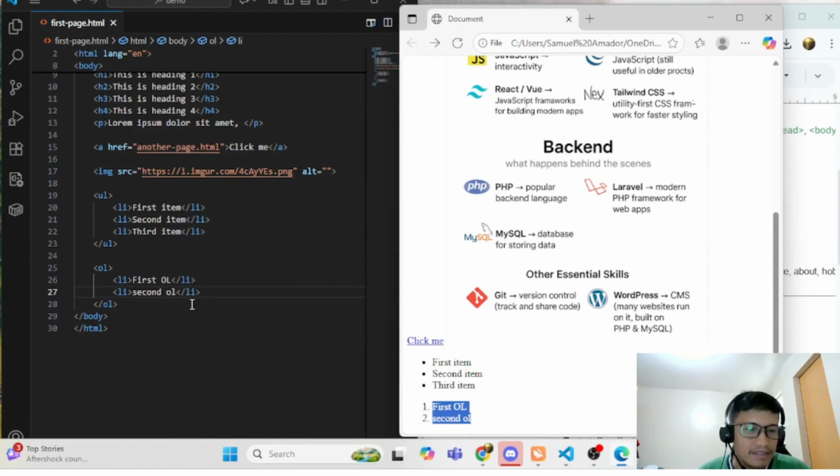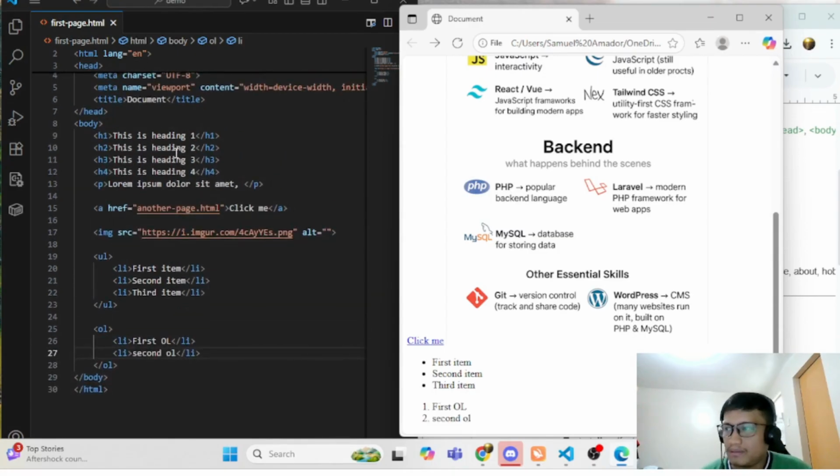Okay, so you can do the same thing on your computer. You can practice these HTML tags.